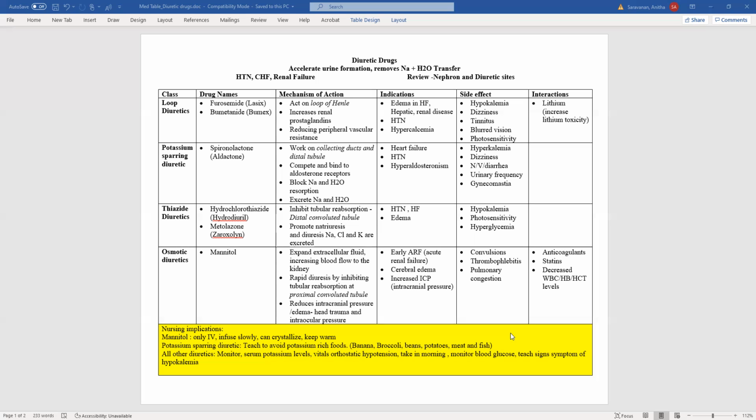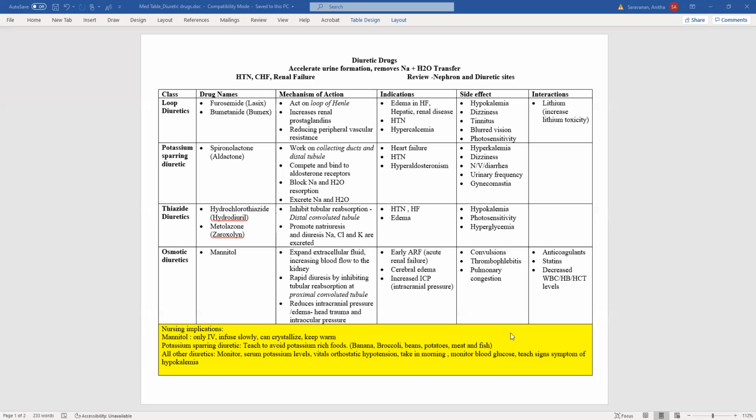So what these drugs do, the mannitol is an osmotic diuretic. They're kind of like starch. If you think of starch, it's like rice. Rice, sugar, these all have starch, right? So what they do is they just absorb like a sponge, pretty much the extracellular fluid, the fluid in the cells, and they expand the extracellular fluid, which increases the blood flow, and then through the proximal convoluted tubule, the